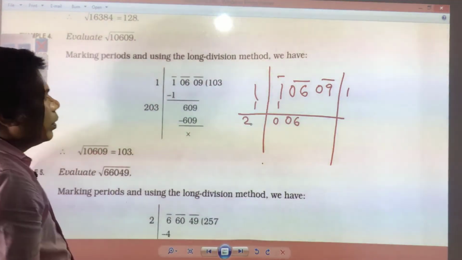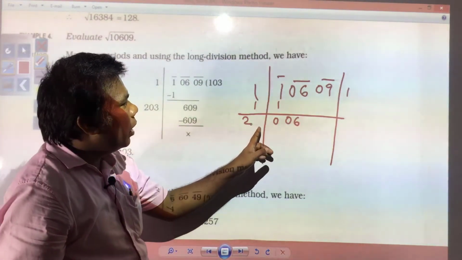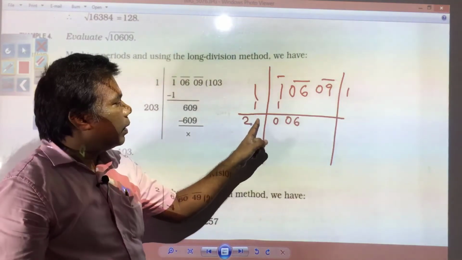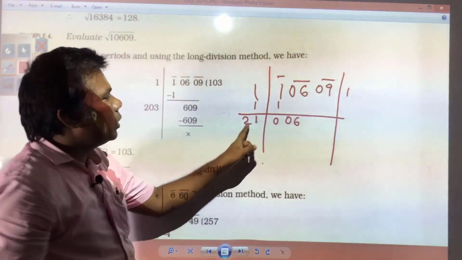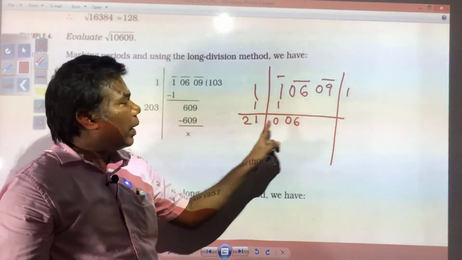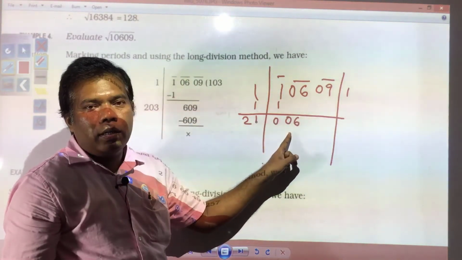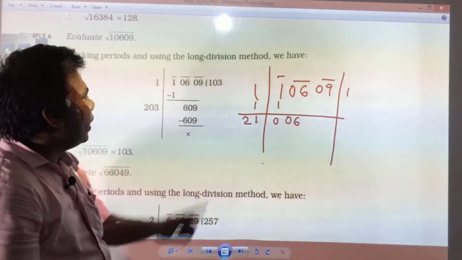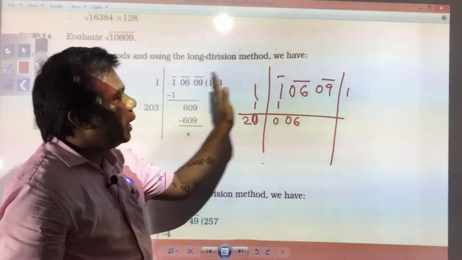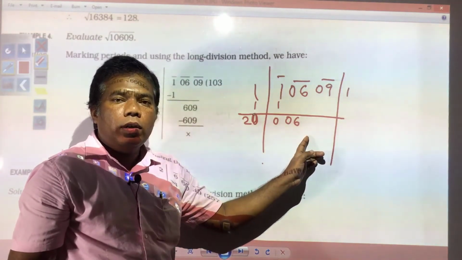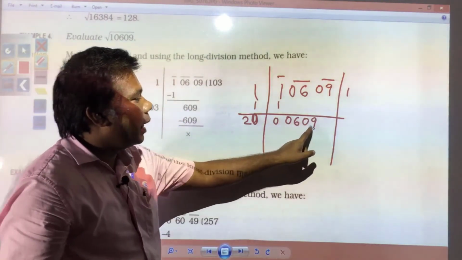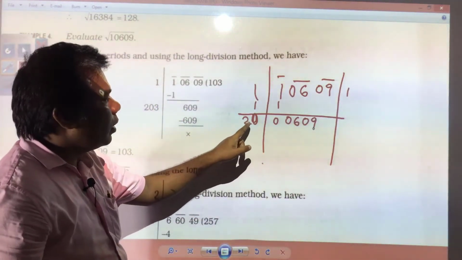Here you have 2. Now you see, if any number you keep over here, even if you keep 1, this will be bigger than your dividend. In your dividend you have 6. Even one time you cannot divide. So for that what needs to be done? For that, here 0 is required to be put, so that the next period can be taken down. So the next period you have 0, 9. So now your dividend has become 609 and here you have 20.